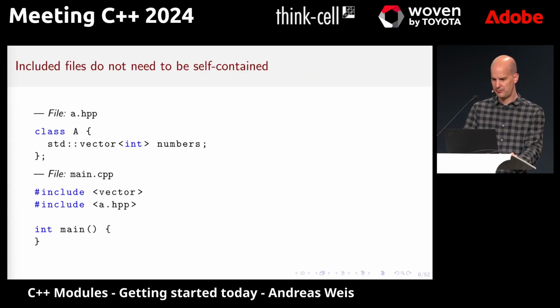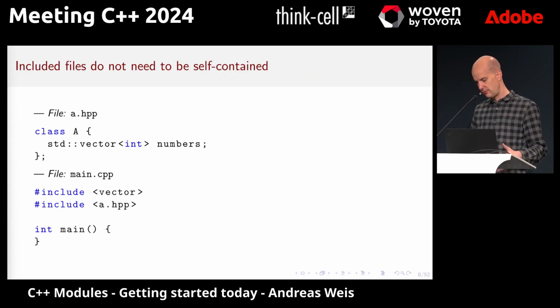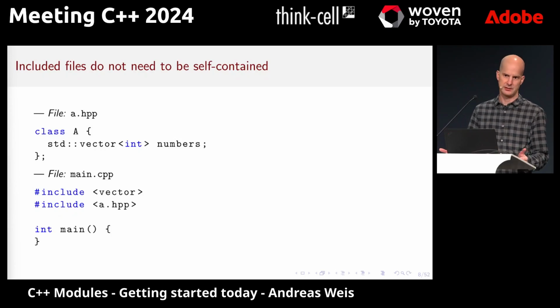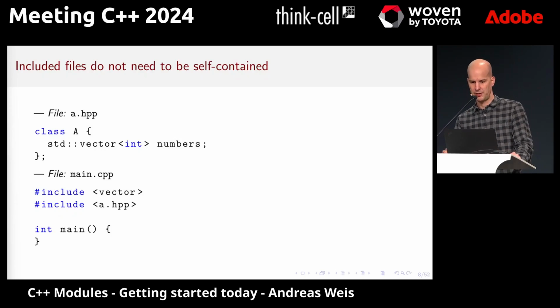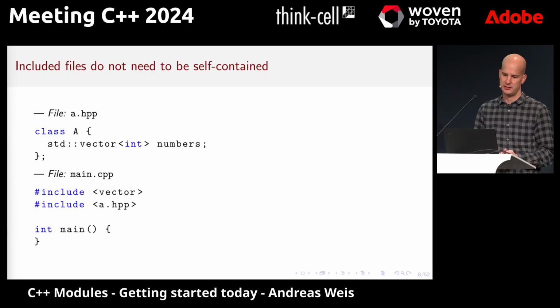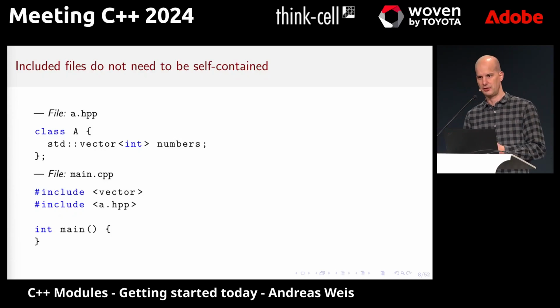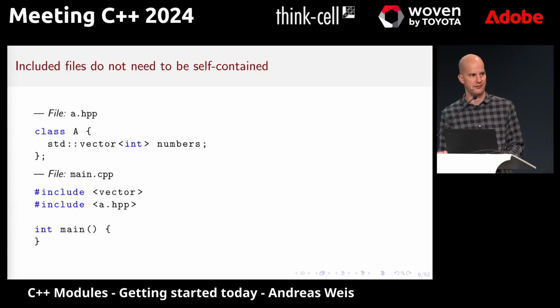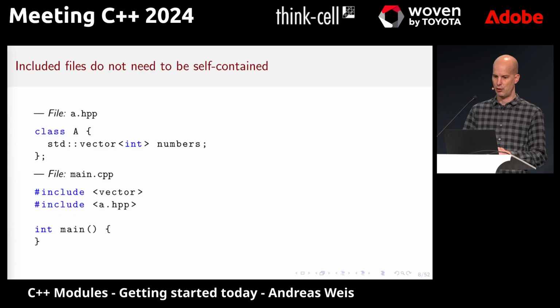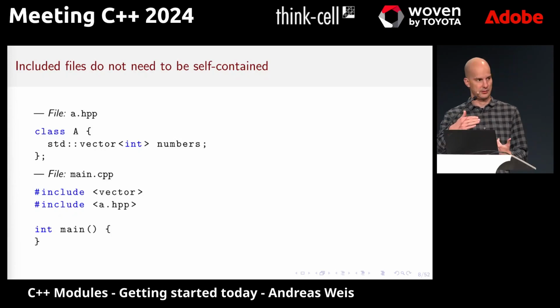Another problem is that header files that are included don't need to be self-contained. The previous slide was an example of that, but a less evil example we see here, where we just define a class that uses a vector internally, but this header file does not include vector itself. So this will work fine as long as our client looks like this, where the client includes vector first and